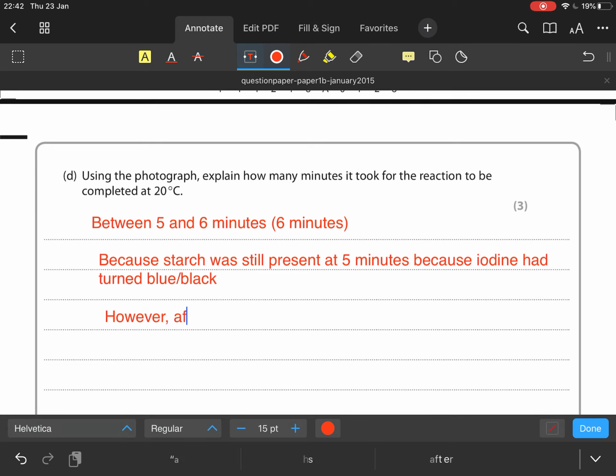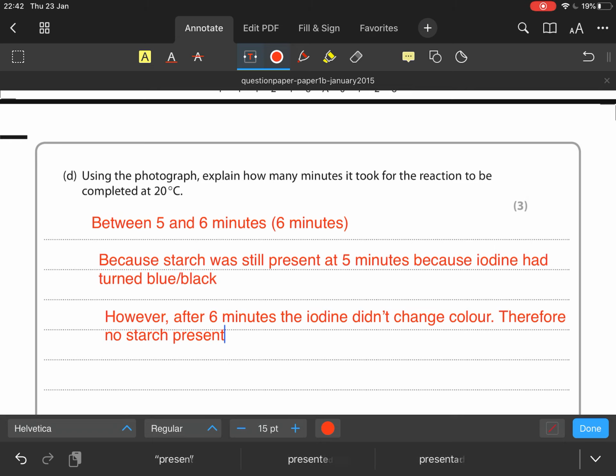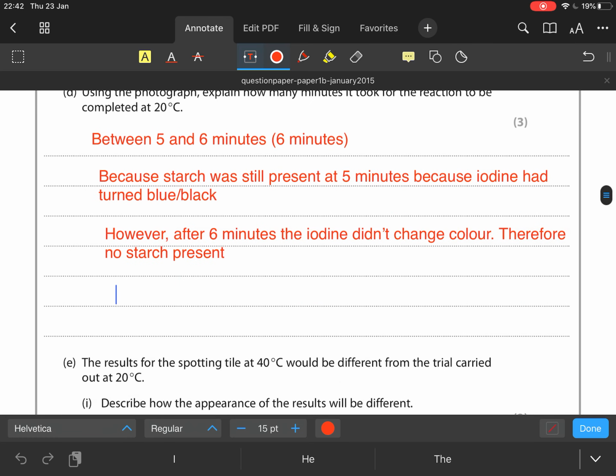However, after 6 minutes, the iodine didn't change colour. Therefore, no starch present. Why was there no starch present? It is because amylase had broken down all of the starch. Okay. If the reaction hadn't finished, there was still some starch there, then at 6 minutes it still would have